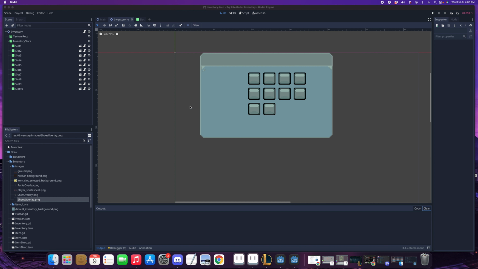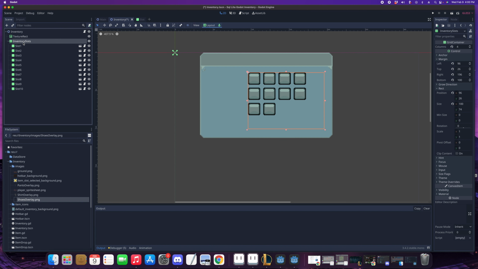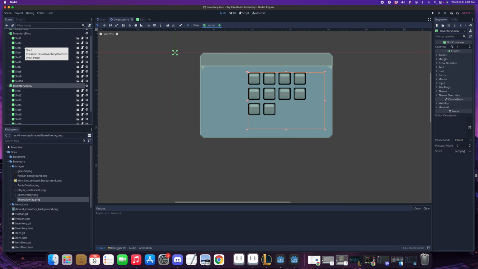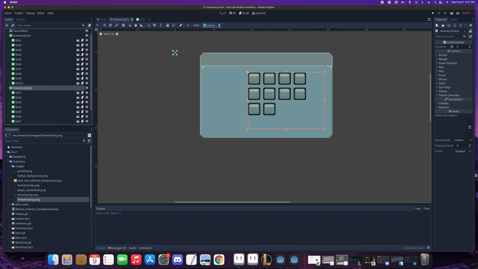Show you how to connect the equipment and also how to connect the hotbar to the inventory. Now let's get started. Let's start first with the equipment, which is inside the inventory. So we're gonna add, actually duplicate, and then we're gonna assign here a name. Let's call it equip